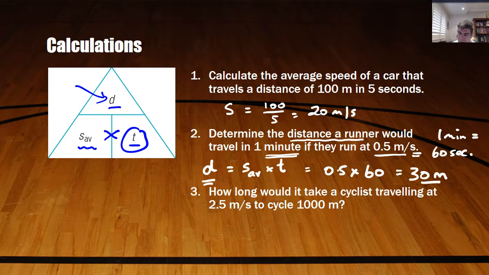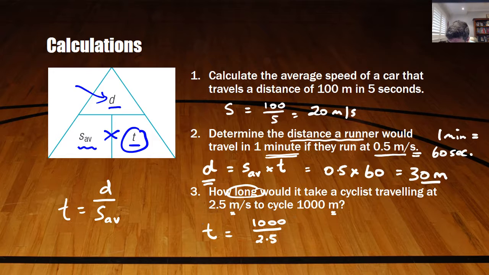In the third example, we have how long would it take? This is a time. A cyclist traveling at 2.5 meters per second to cycle 1,000 meters. Again, let's check the units are the same, meters and meters in this case, and you'll see that t is equal to distance divided by average speed. So if we use that, then we get 1,000 divided by 2.5, and that is going to be equal to